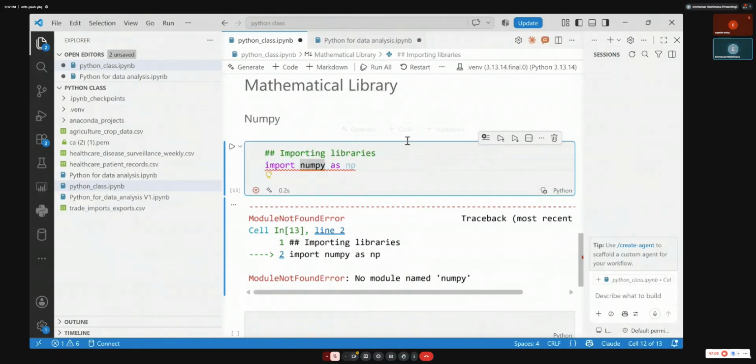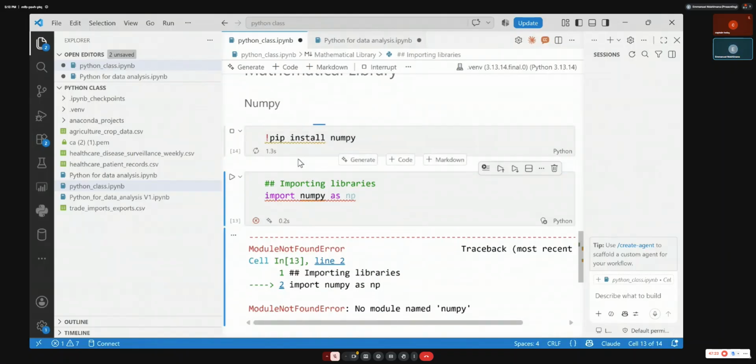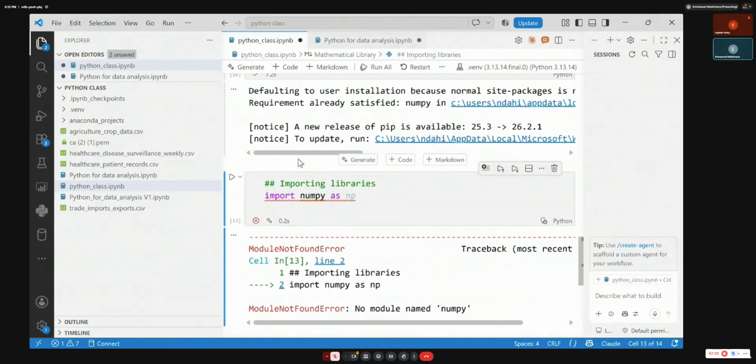If it doesn't run, you can simply install the package. Go to one code line, put a hash for a comment, and then do pip install. Pip install numpy, and then you run it. That's simply how you can install libraries when you find that they're not installed within your Python.